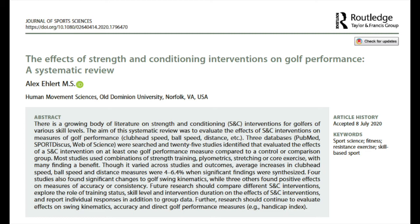Keep in mind that strength is generally referred to as the ability to apply force to overcome a resistance, while power is the ability to apply force quickly. Ellert says in his paper that because muscle strength is the foundation for power, rate of force development, and velocity, that should be the first thing targeted, followed by more emphasis on exercises that involve plyometrics and ballistic exercises. In general, his study showed that skilled golfers need a longer period of time to gain benefits from training than less skilled golfers. Now, this is a great starting point, but the study was limited by what has been researched